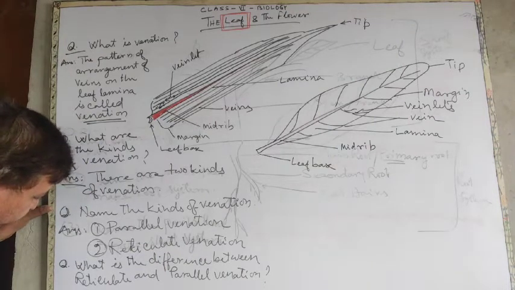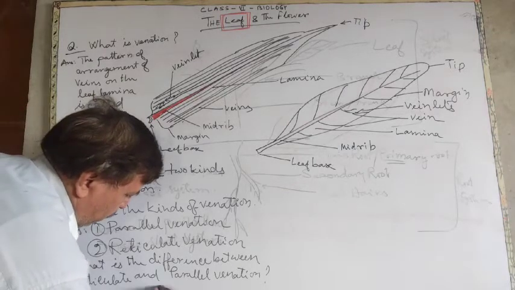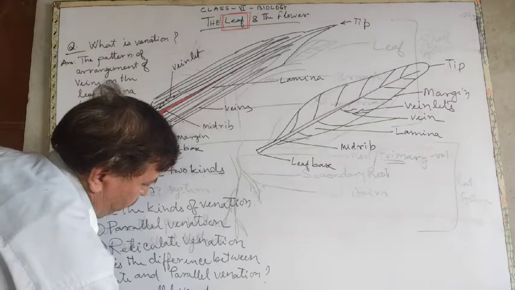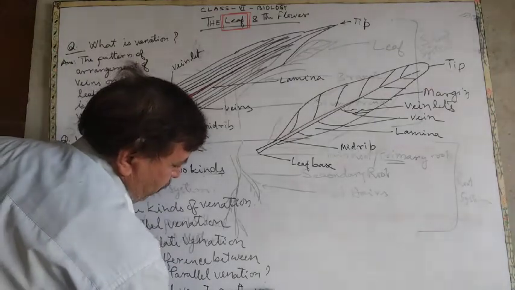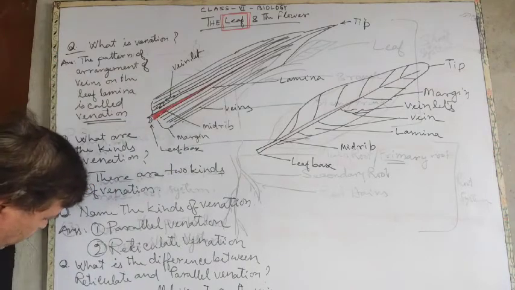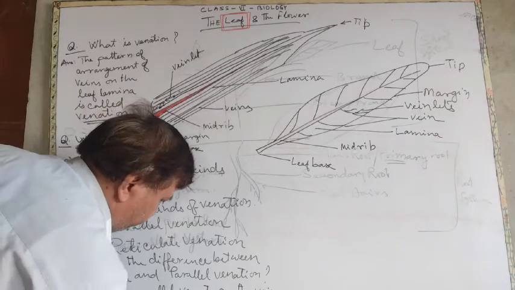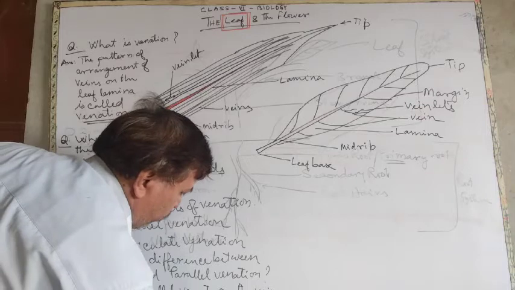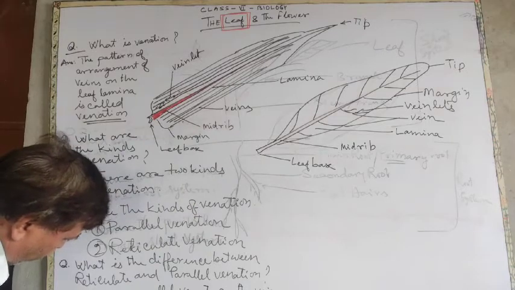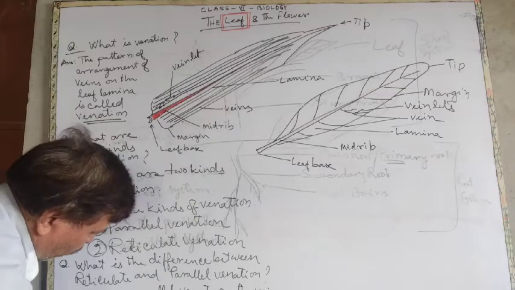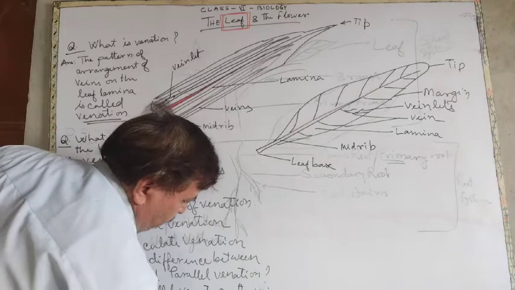The difference is, in the parallel venation case, the veins are arranged or they develop parallel to the midrib of the leaf, as in bamboo,